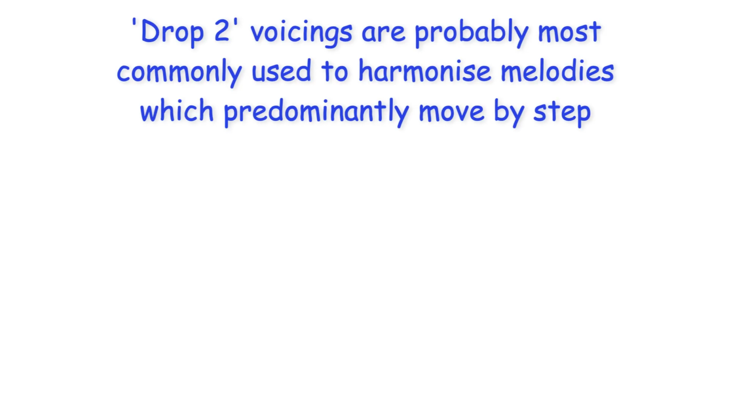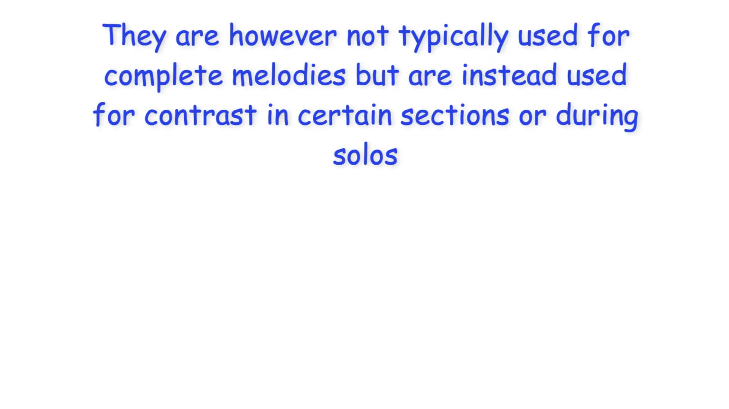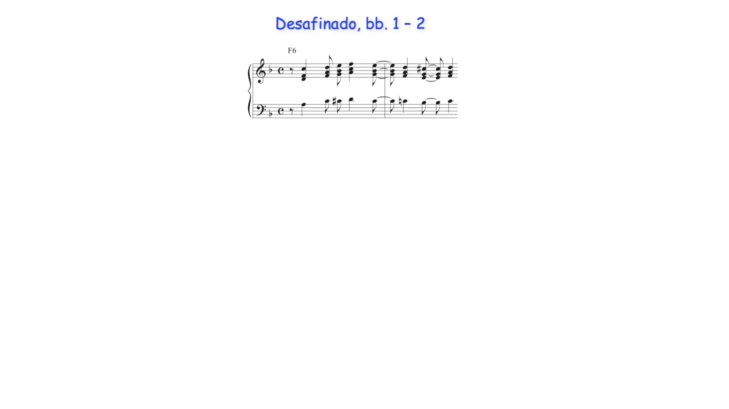Drop two voicings are probably most commonly used to harmonize melodies which predominantly move by step. They are, however, not typically used for complete melodies, but are instead used for contrast in certain sections or during solos. Here, for example, the melody's harmony notes are harmonized using drop two voicings, with the non-harmony notes being harmonized